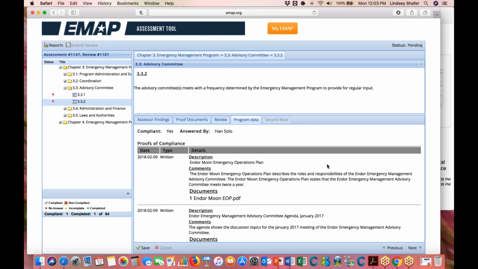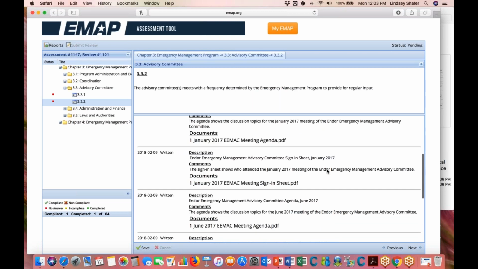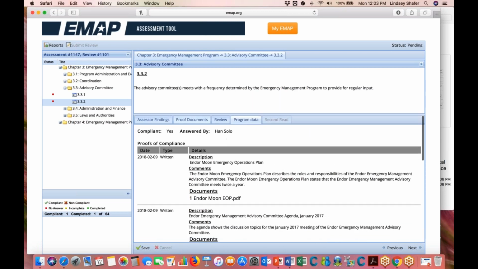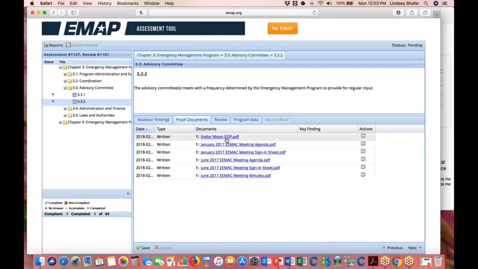So again, if you were to download that Proof of Compliance report, this should be very similar, if not exact, to what you see here. So again, another easy way of looking at that. But really what I do 2 weeks in advance of the on-site assessment is I go into